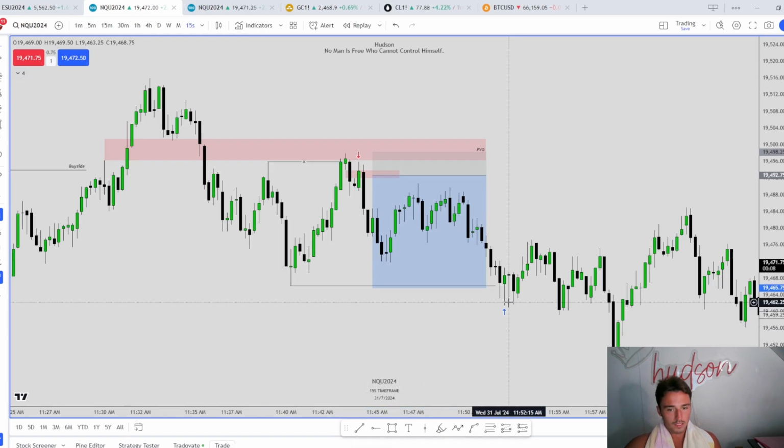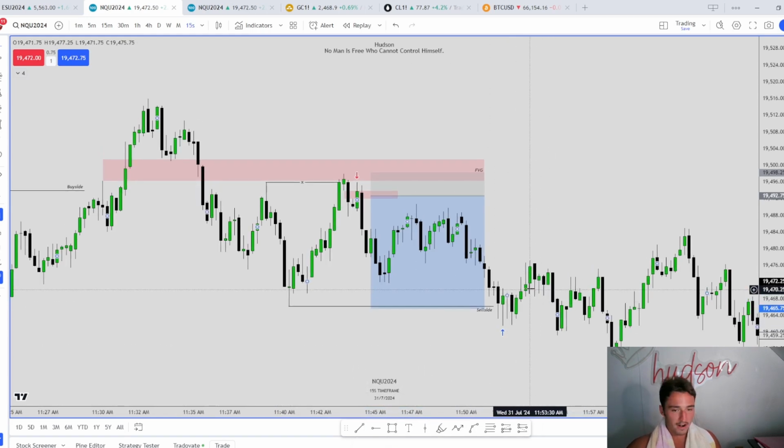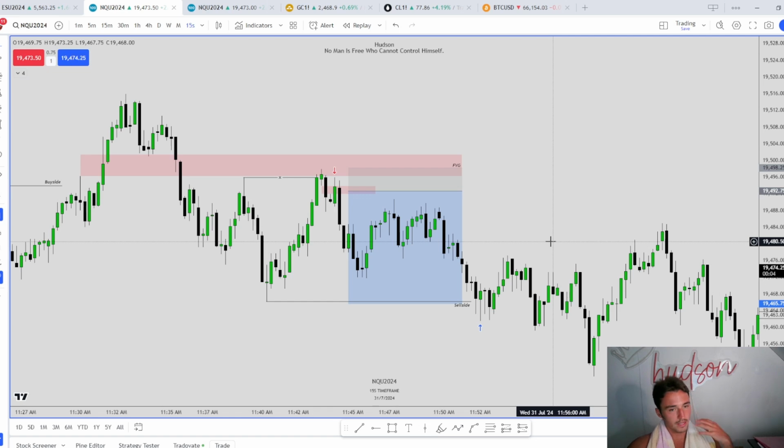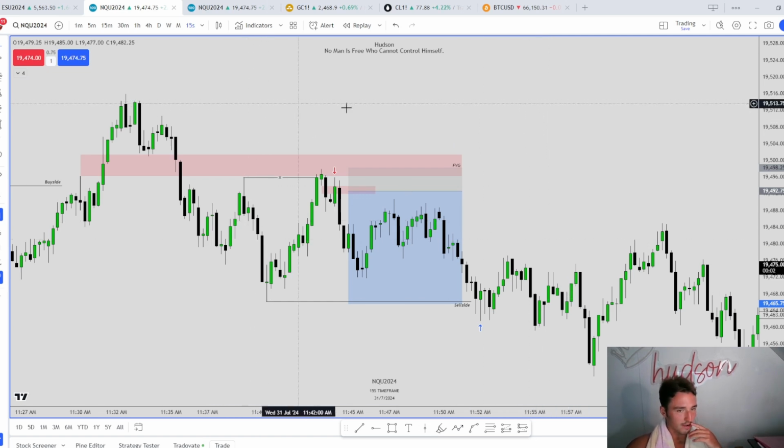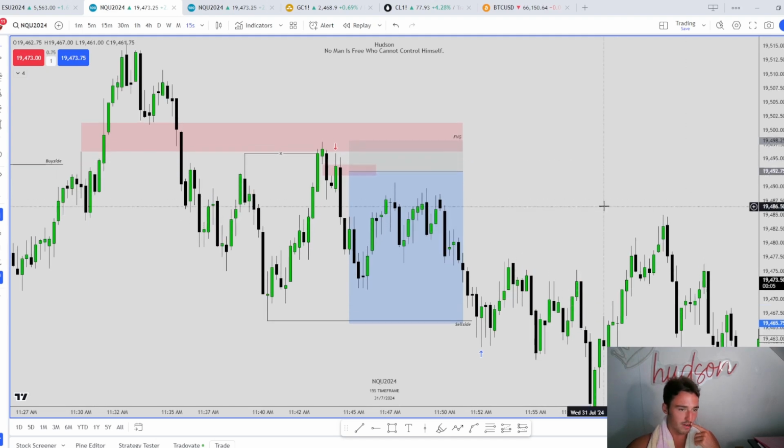And that was it. So very basic trade. As you see, any trade that I'm taking on the lower time frame resembles trades that I'm taking on the 5 minute, resembles what I'm taking on the 1 minute, 15 minute. It doesn't matter. All my trades look the exact same no matter what time frame we're trading.